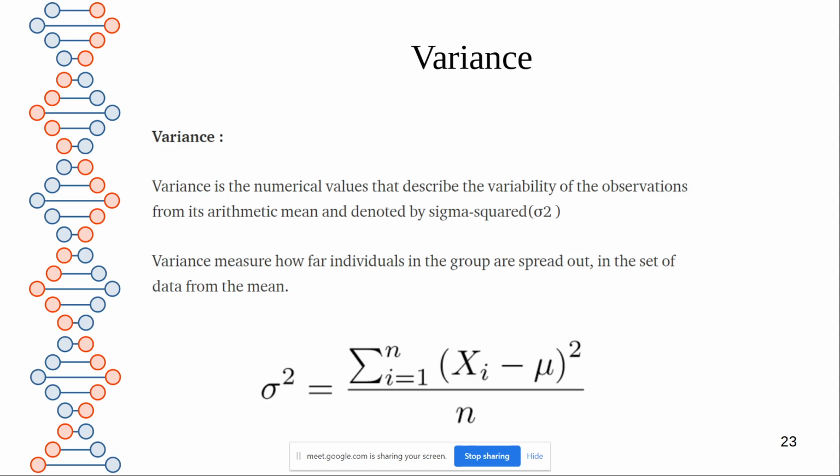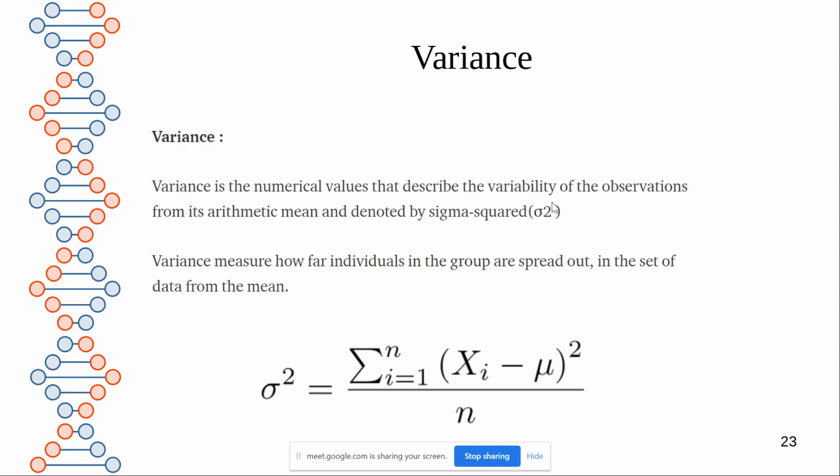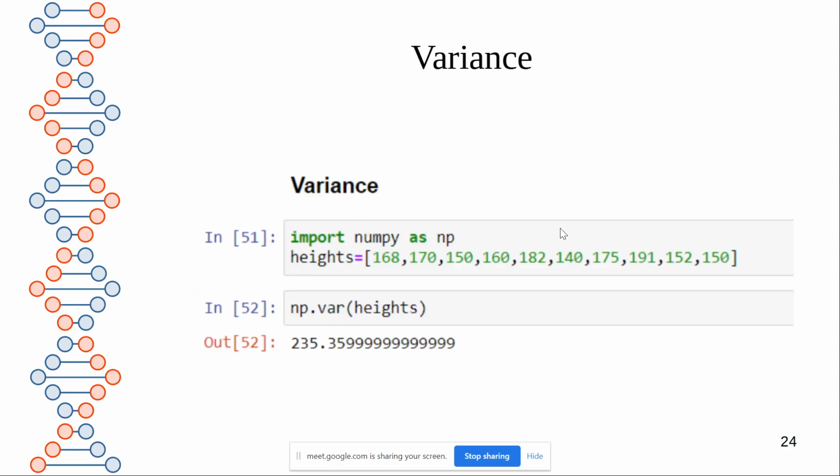Okay, any idea what is a variance? Saili, Prajakta, any idea what is a variance? No, sir. Okay, so